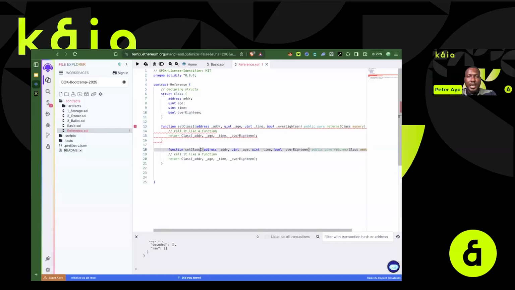All right, so pretty much that's the first way of initializing a struct. The second way is, I'm just going to copy the first one, by calling it like an object with key value pairs. Which means that you basically have to use the object, just curly braces, and say what is the key. The key here is address,